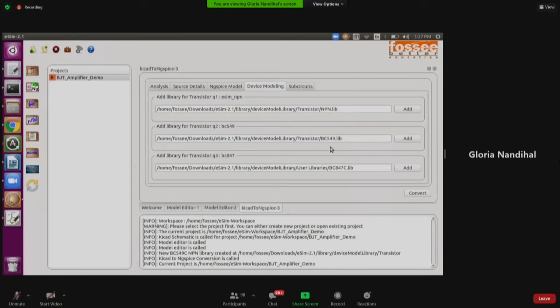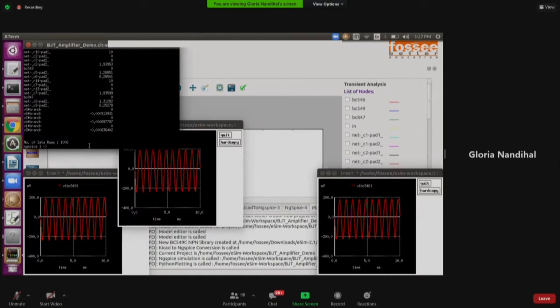Everyone is clear about the steps, right? I just added the path to the libraries. The one which was created using the upload option is from the user libraries directory, and the one using the new button is under the transistor directory, right? Any doubt? Okay, I'll proceed. So let me plot.